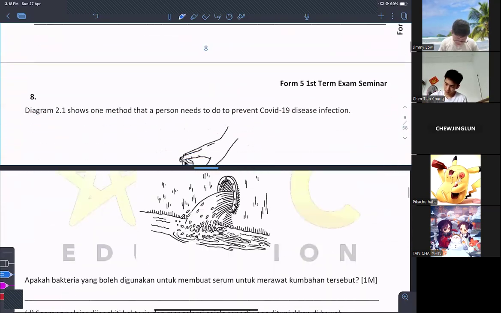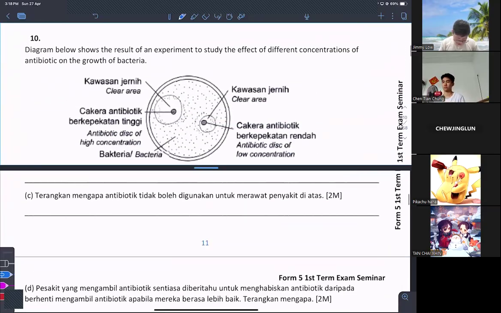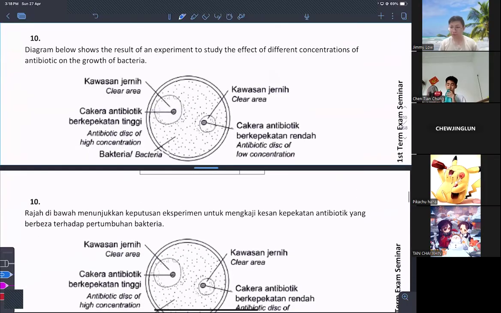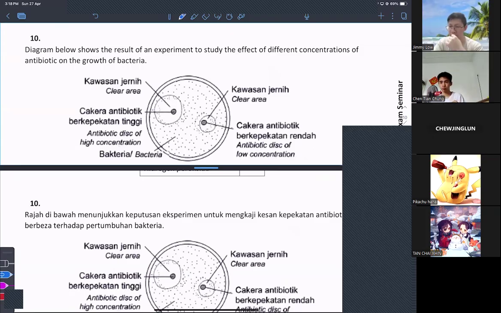Let me see. I'm planning to go into section B, but not now. This is actually the same thing. You see, question number 10. Can I write condition of nutrient agar? The condition is a little bit in gray area because this one can be related to your responding variable as well. At the end of the experiment, what is the condition of nutrient agar? It can be related to this.